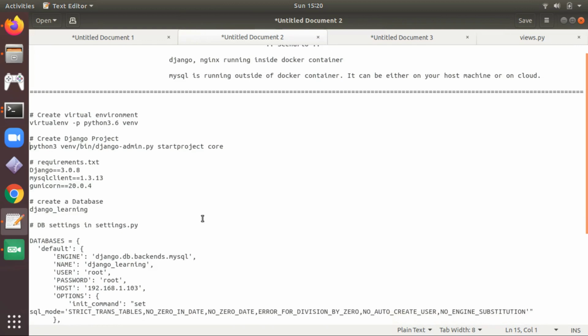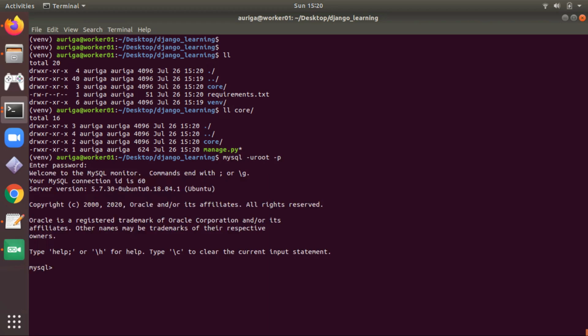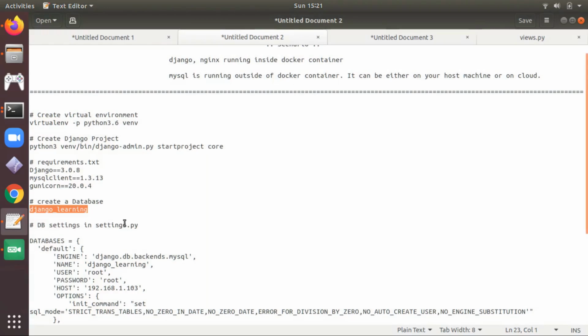Now let's create a database. Database is created.